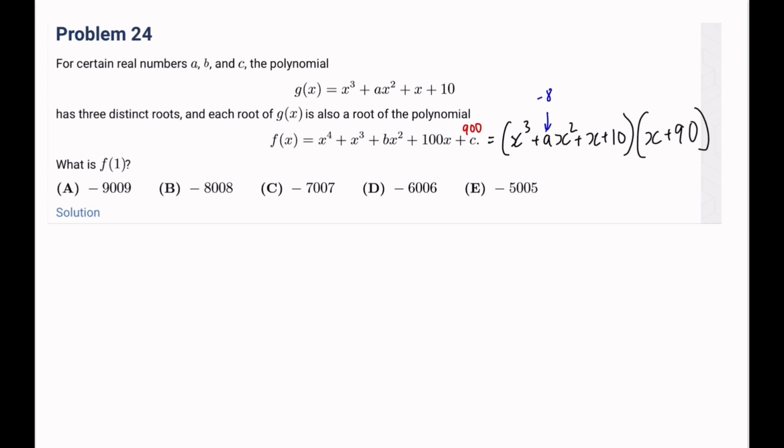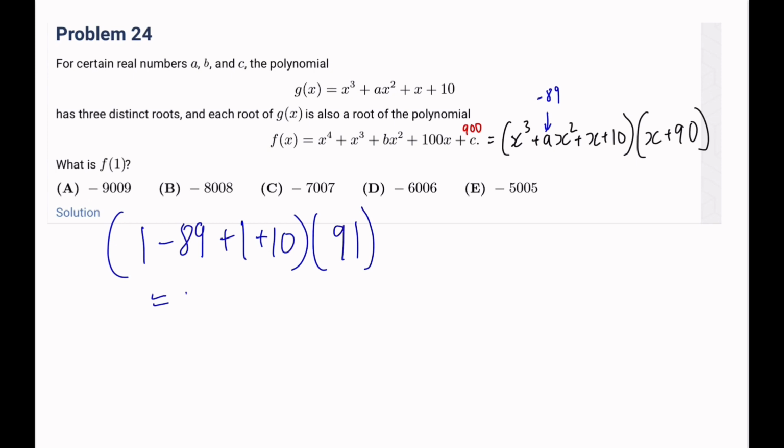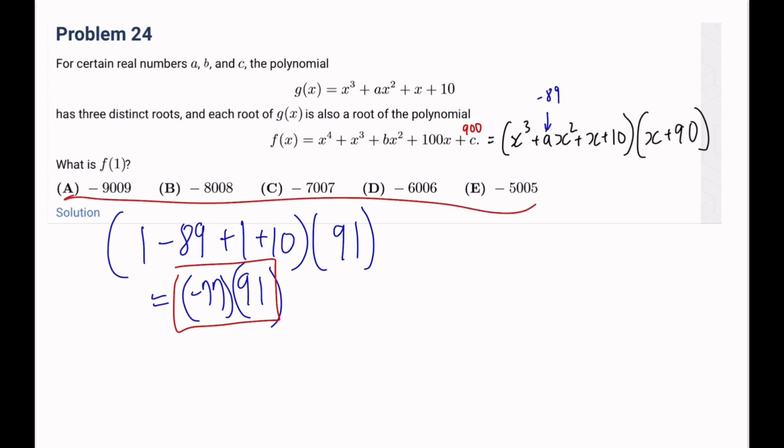So the answer is going to be 1 cubed, which is 1, minus 89 times 1 squared, which is 1, plus 10 times 1 plus 90, that's 91. And so this is 12 minus 89, which is negative 77. That's negative 77 times 91, right? You could calculate this if you want, but actually, since we have the answer choices, we don't have to